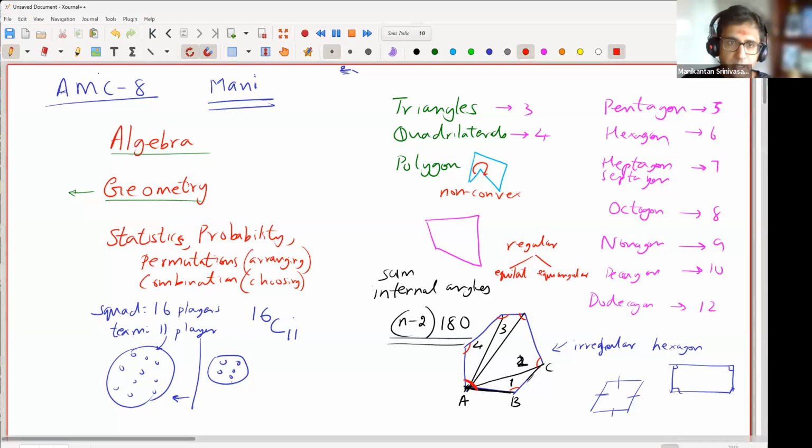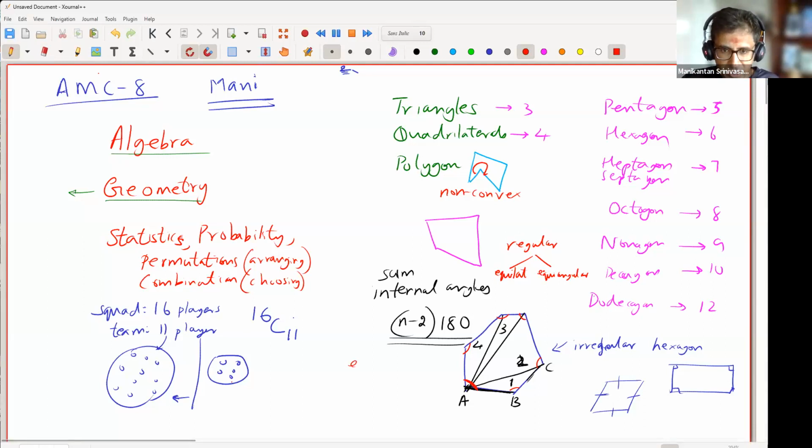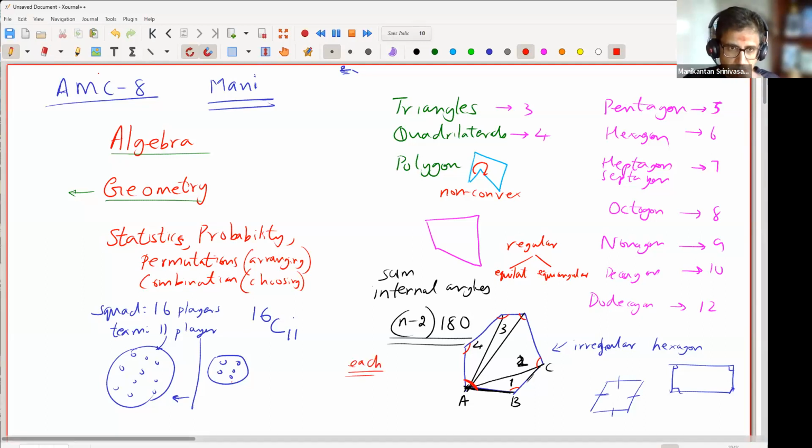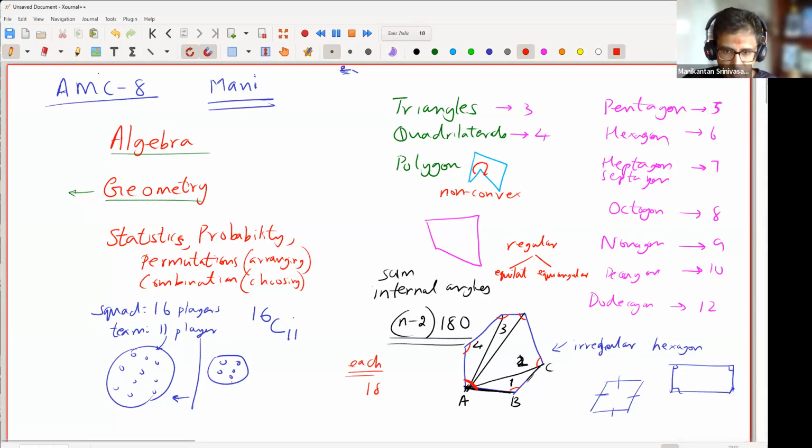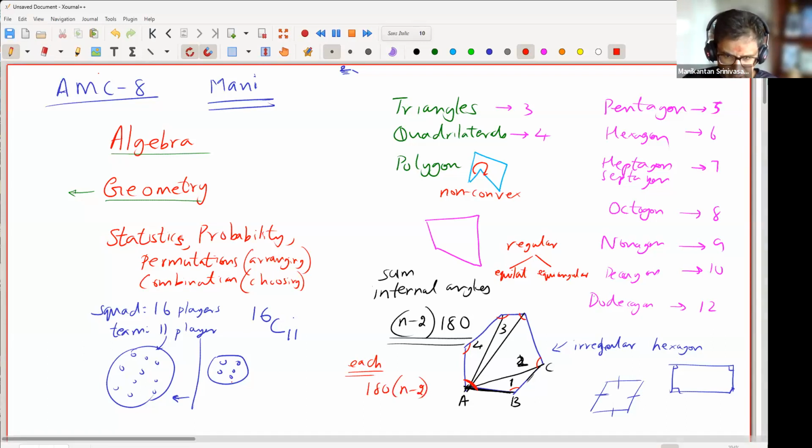If it's both equilateral and equiangular, it's regular. So in a regular polygon or an equiangular polygon, we can talk about each internal angle, only when all of them are the same, right? It's 180 times (n minus 2) upon n in such a case. Okay. Each external angle,